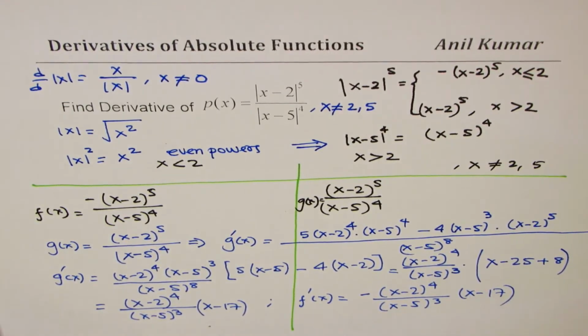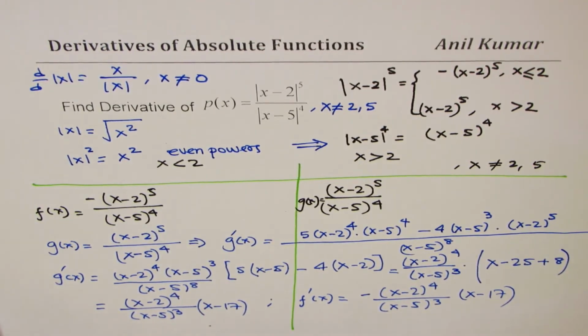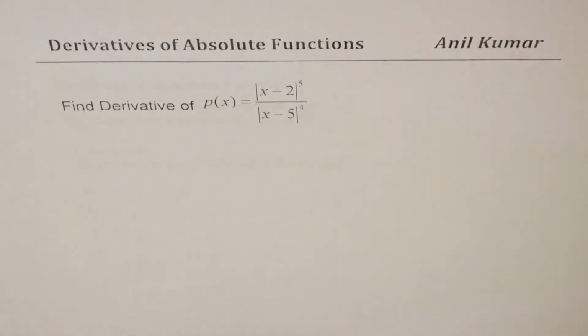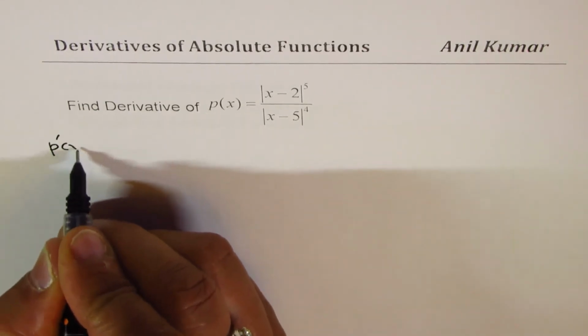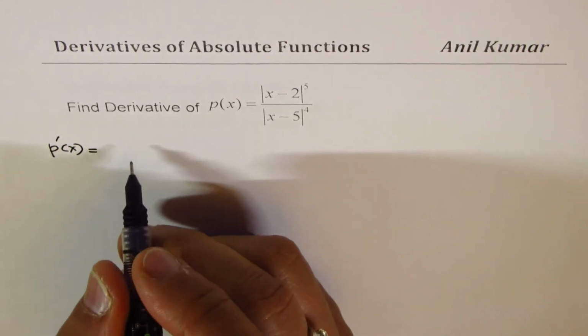Does that make sense to you, right? So that is how we could get the derivative of this particular function. Now, you could also have a different approach towards this. So we can write the derivative as, let me write down the derivative of this function here. So we can say that the derivative of the function is indeed equal to,